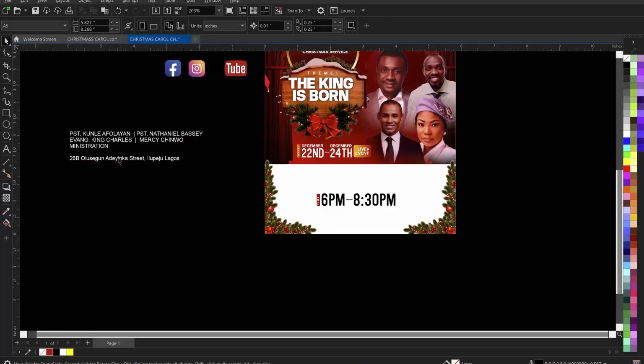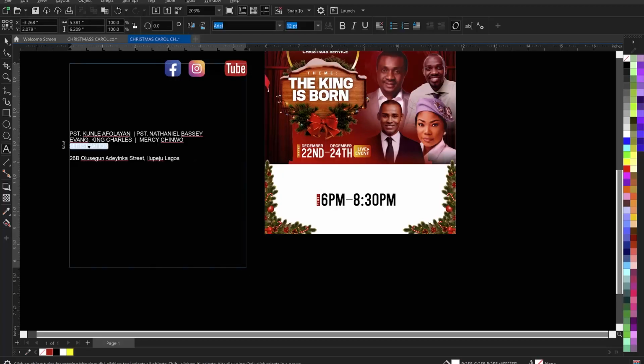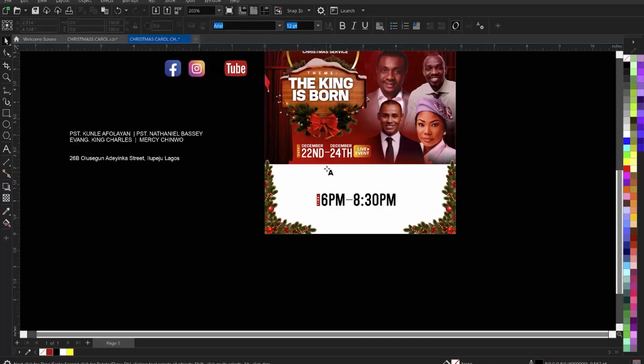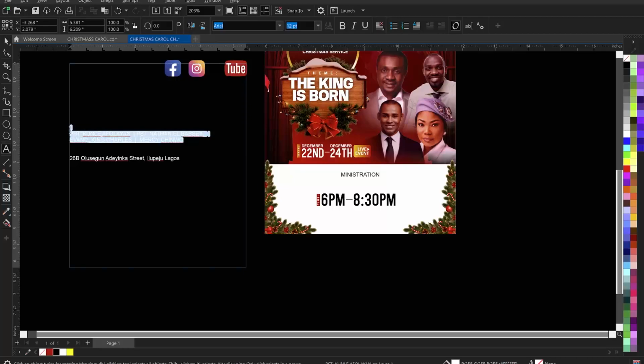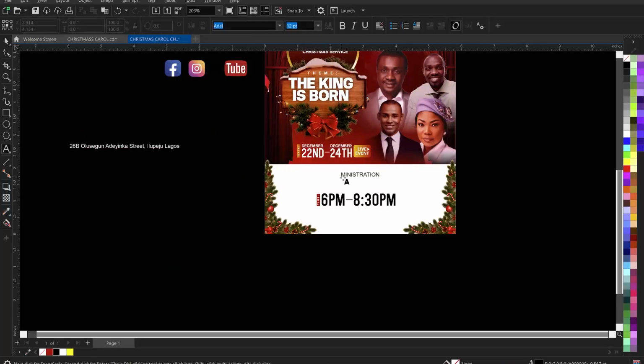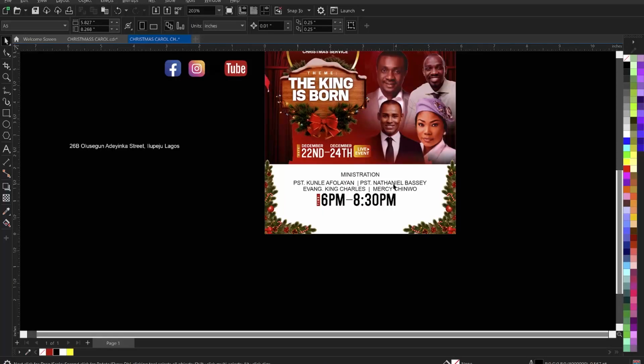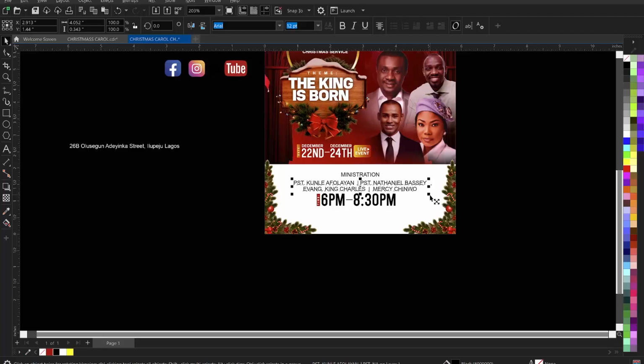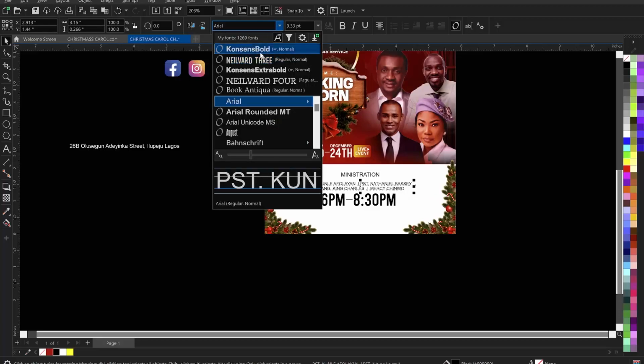So the next thing we are going to do is demonstrations. We're going to bring in demonstration. Let's bring it up here and give it black, right? And then copy the name of the ministers, and then put it here and give it black as well, right? And then let's make sure it is centralized. It is centralized. Let's reduce it a little, and then let's give it Consens mode,